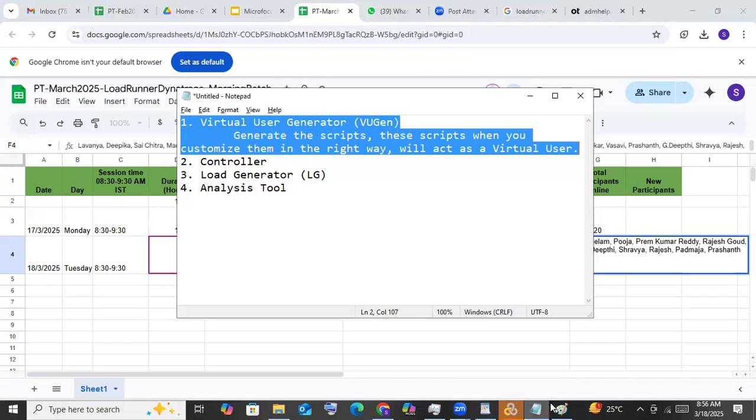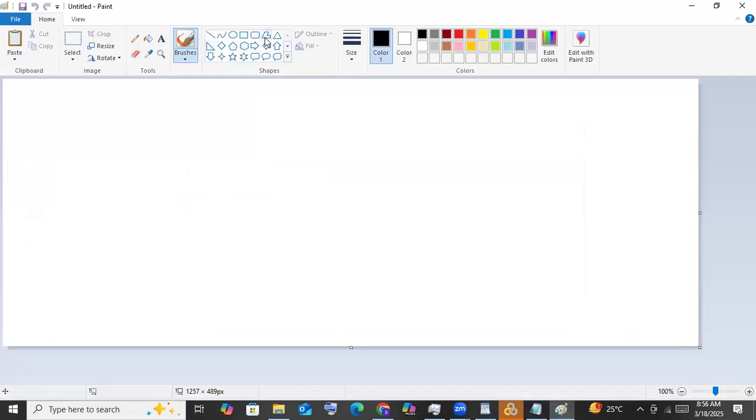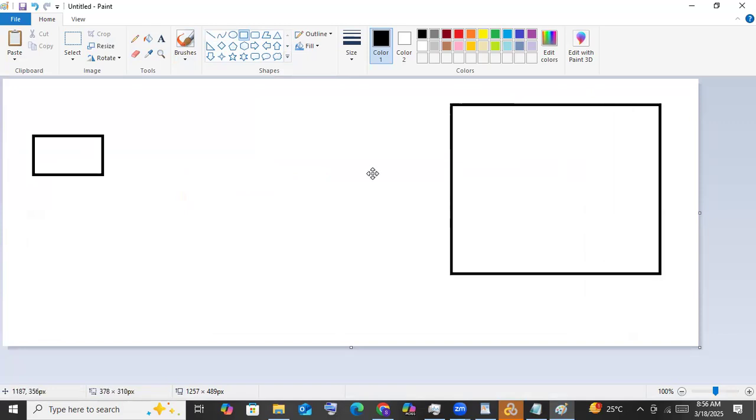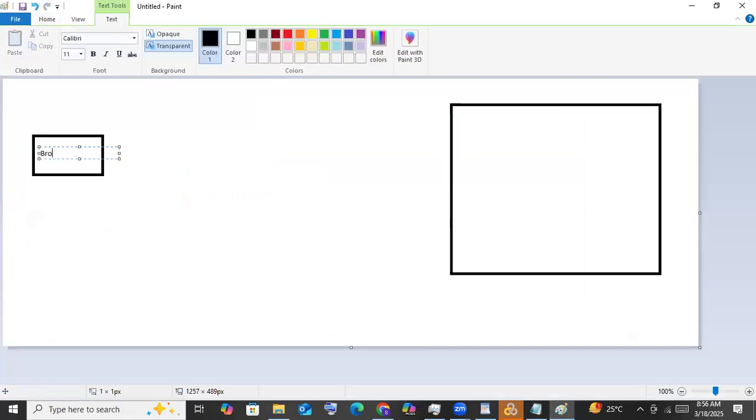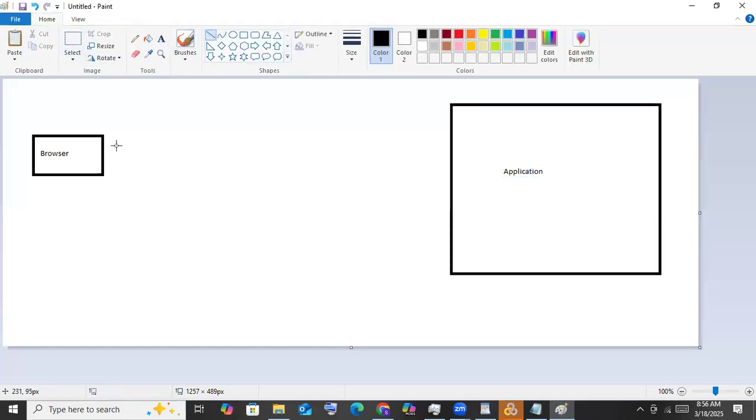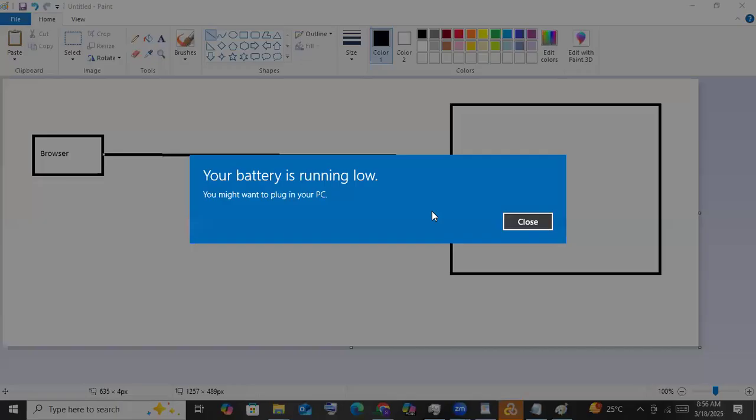So what we are trying to do is, I'll just take Paint and try to show you. Let's say this is my browser, and this is my application. From this browser, we are trying to send some requests to this application according to the navigation flow document. There is a navigation flow document that we have generated, like access the ICICI Bank homepage, login, then,